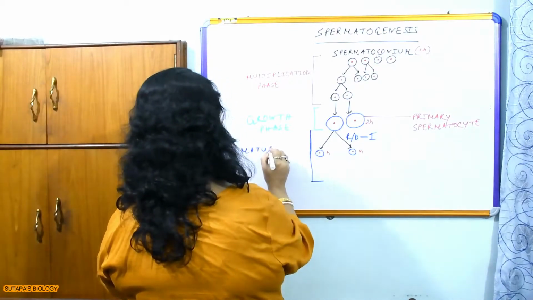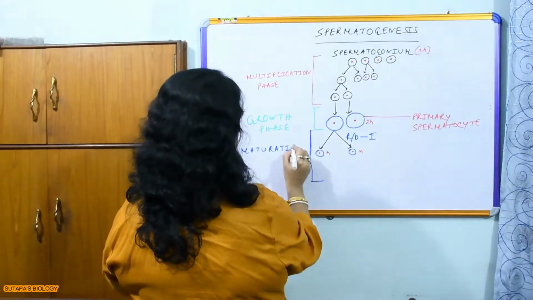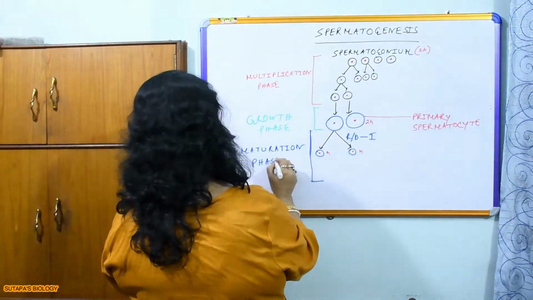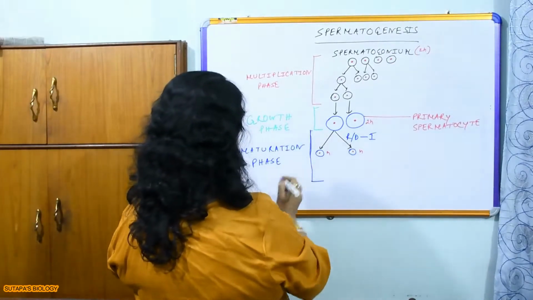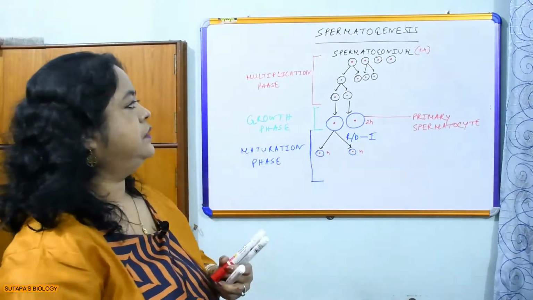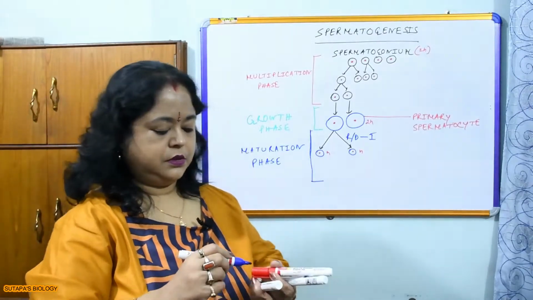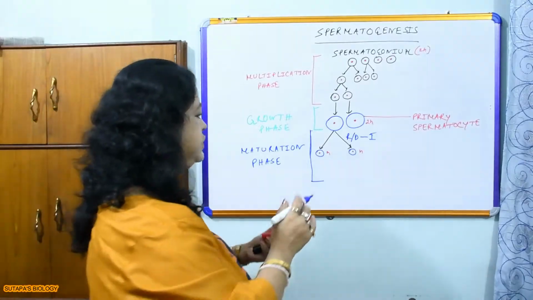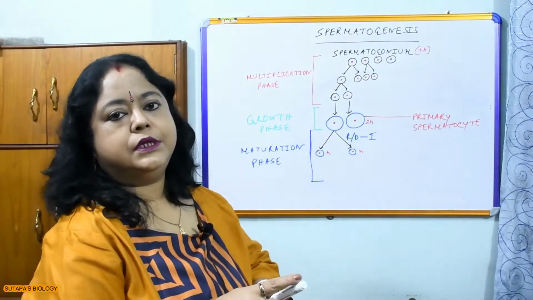Maturation phase means the spermatogonium are getting converted to active spermatozoa. Now in reduction division 1 this takes place, and reduction division 2, I think you know that reduction division 2